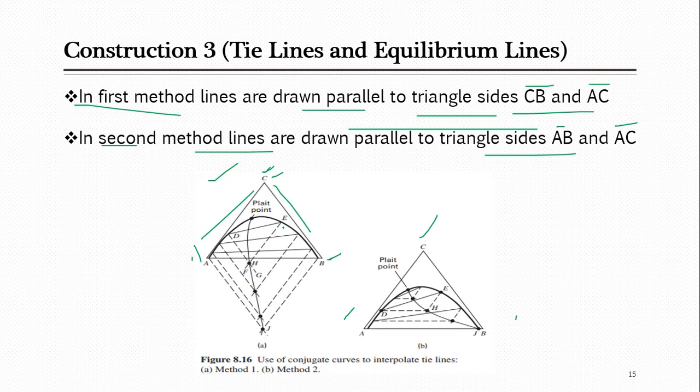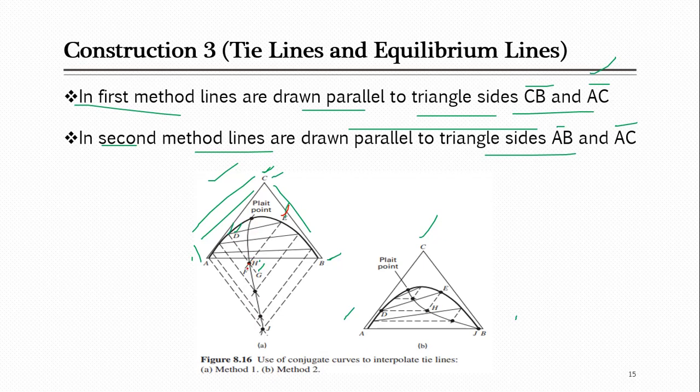So when I have to draw these lines along CB and AC, I have to start those lines from the end points of this tie line. One end point is E and the other is D. If I go for CB, one line drawn parallel to CB is this dotted line which starts from D and ends at G. So this is line DG. You can also see one line which you have to draw along AC. This side is AC, so this line is E to F. Now you can see these two dotted lines intersecting at one point, which I will call H.